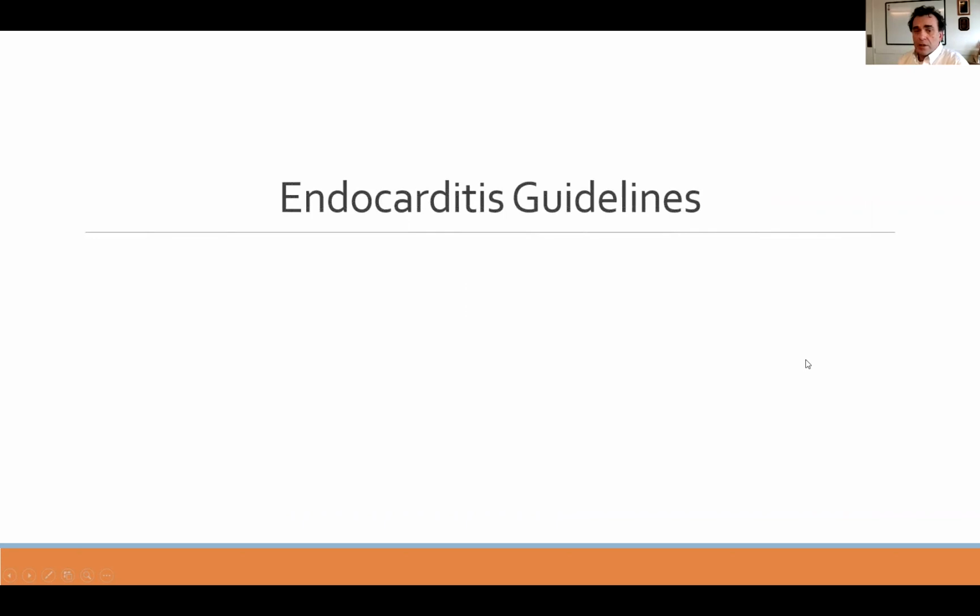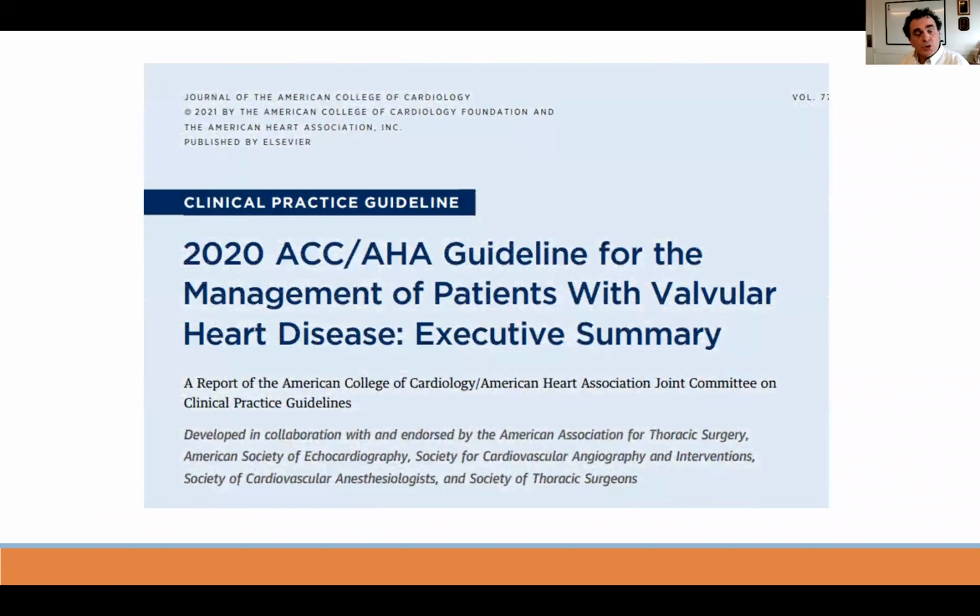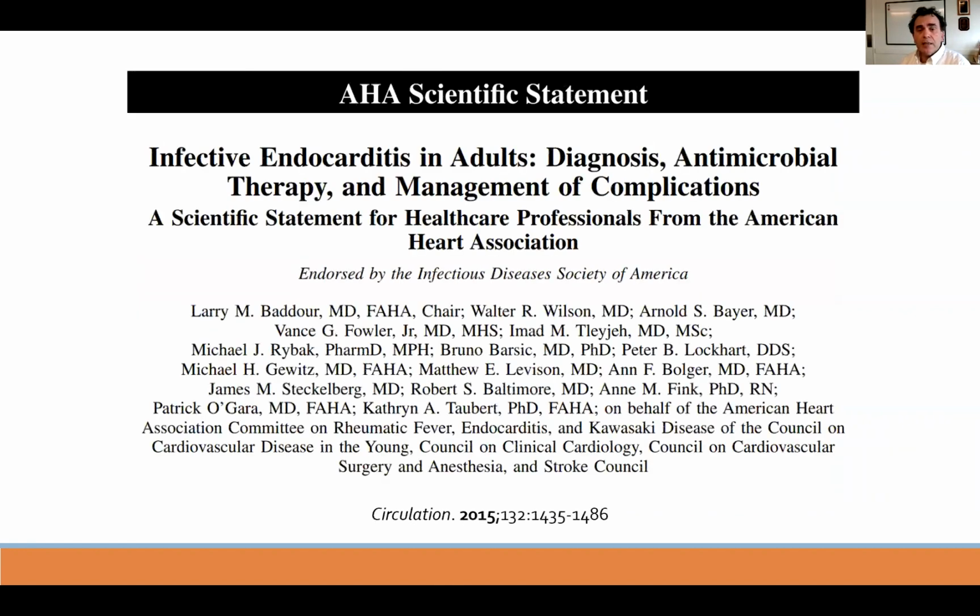Let's start with endocarditis guidelines. Which guidelines can help us understand the concept of endocarditis and its complications? On the most general level, the latest 2020 ACC/AHA guidelines on the management of patients with valvular heart disease provide a section on endocarditis. With respect to specific endocarditis guidelines, there